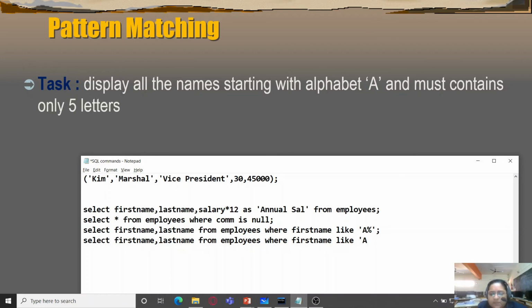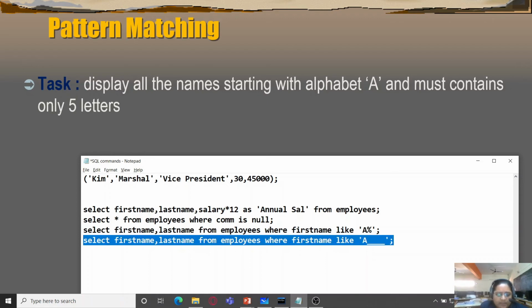So capital A is one of the letters. 5 minus 1, we need 4 more letters. So for that I'm going to use 4 underscore characters: 1, 2, 3 and 4. And close the single quotes and let us try this out.